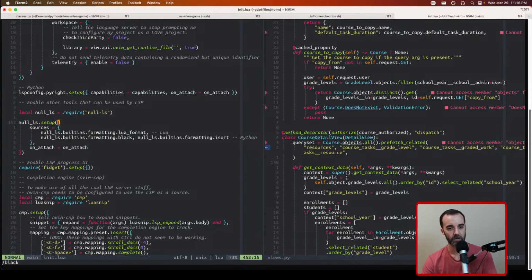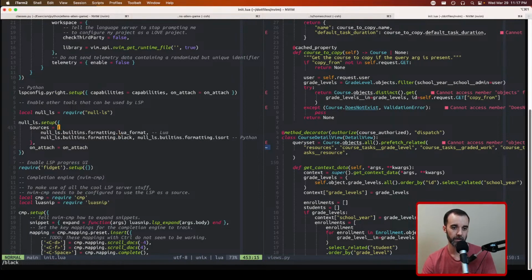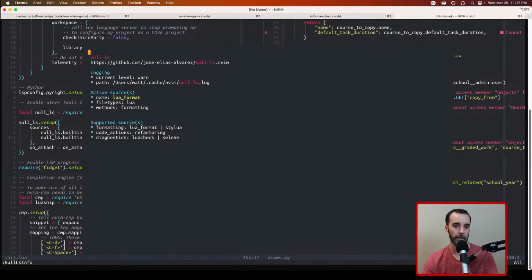Maybe something about null-ls changed and I upgraded it and I need to go make some changes. Oh, here's where I describe what null-ls does. So it could be there's a configuration change that happened and I need to go fix it. It could be that maybe the version of Black that null-ls has access to is no longer available. If we look at null-ls info again,